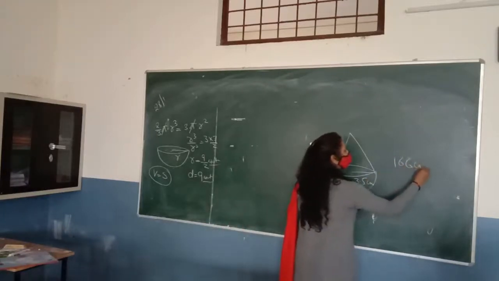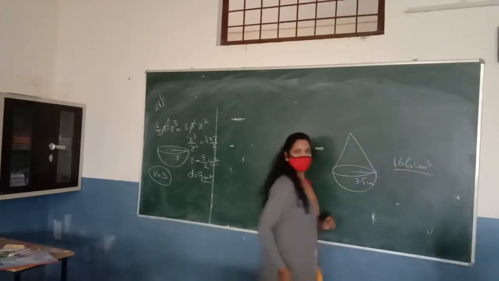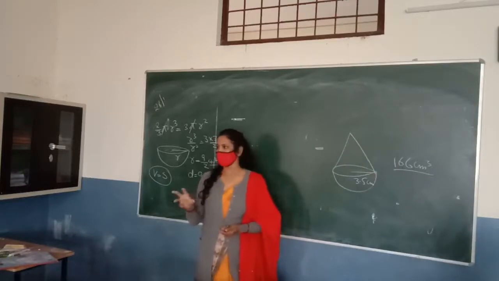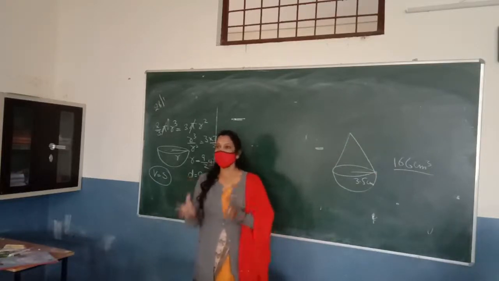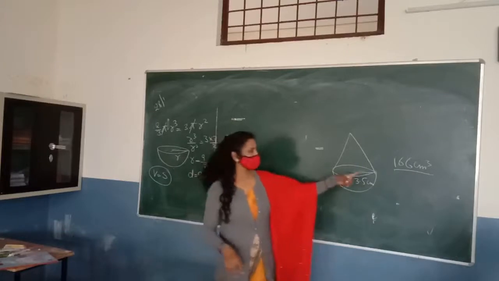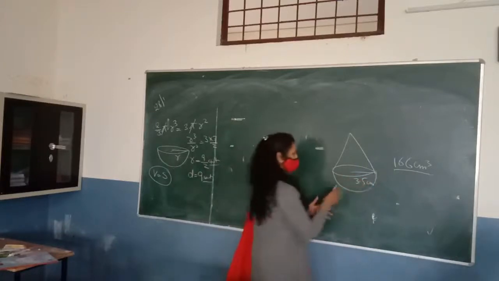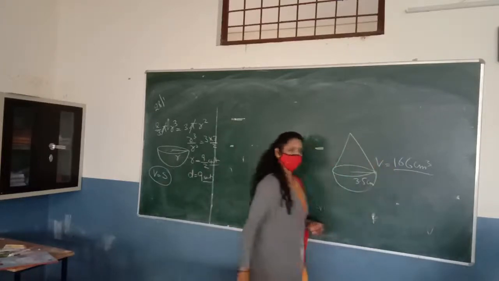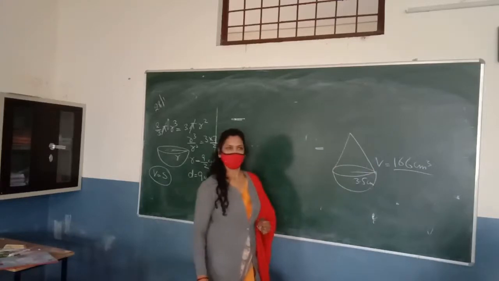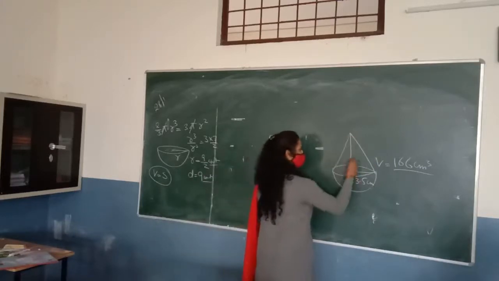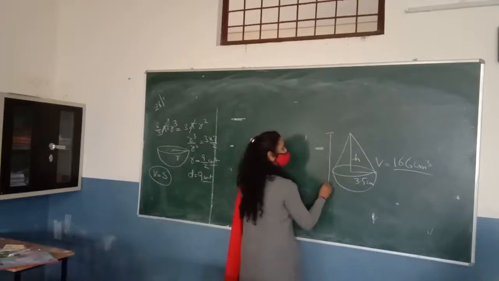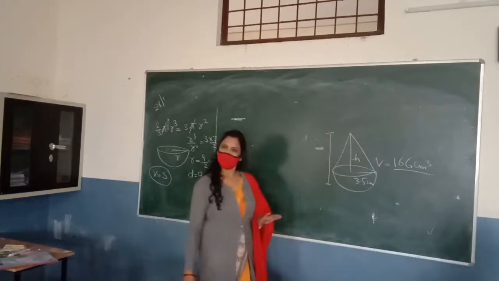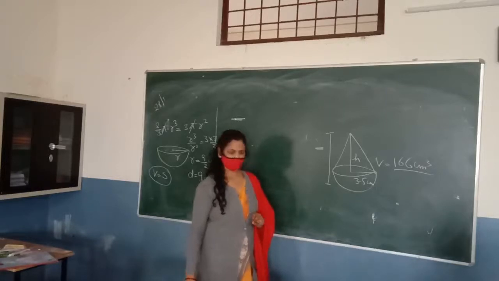So Mansi, first you have to tell me what this is. Volume. Since it is given that the total wood used in making this toy is this one, it means the volume of the wood. Good. Find the height of the toy. Also find the cost of painting the curved part of the toy at the rate of rupees 10 per centimeter square.